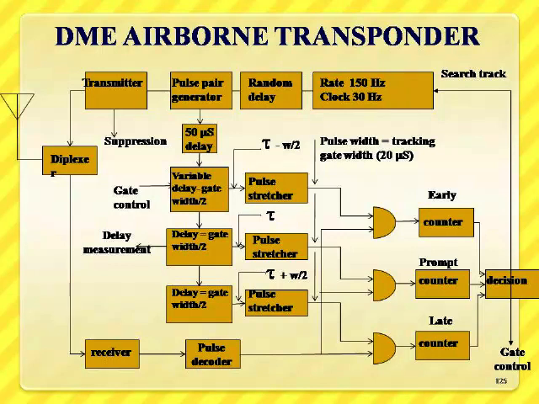There are two modes we can operate. One is a search mode and the other one is a track mode. The receiver of the interrogator can operate in both the modes. In the search mode, the demodulated pulse pairs due to the beacon reply signal are passed through a 20 microsecond gate delayed after a transmitter pulse by a variable amount increasing from 0 to 2400 microseconds.